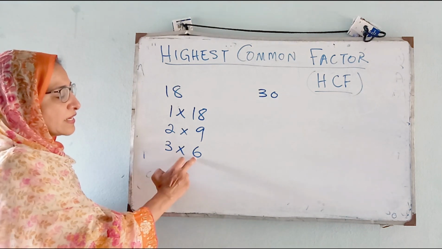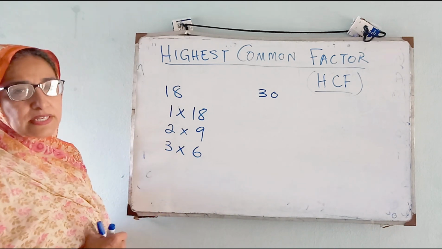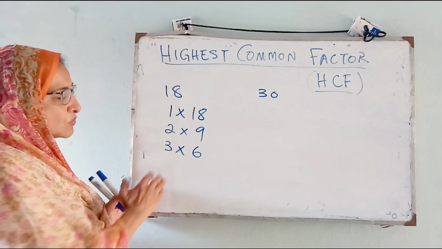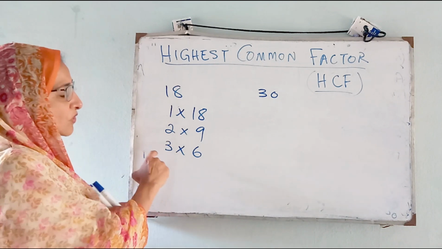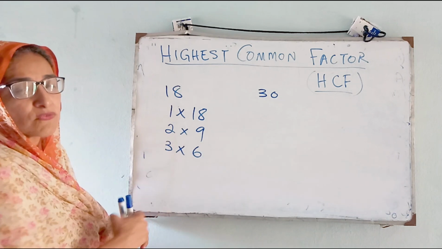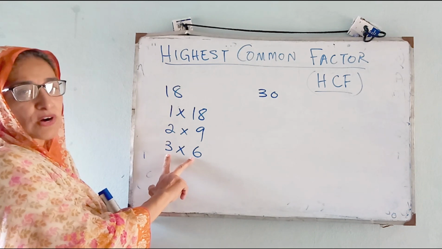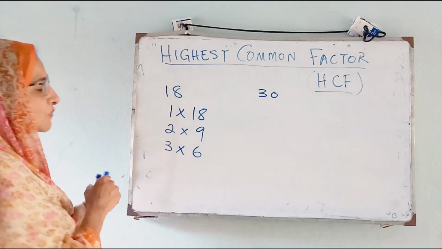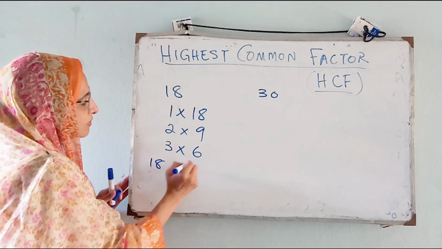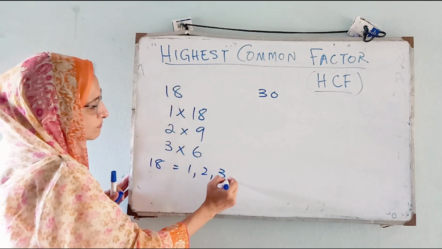Now we have written here 3 6s are 18, and if we write 6 3s are 18, we get the same answer. So it's not fine to write this again and again. If we multiply 3 by 6 or 6 by 3, we get the same answer. So that stops our process of writing the factors. Now the factors for 18 will be 1, 2, 3, 6, 9, 18.